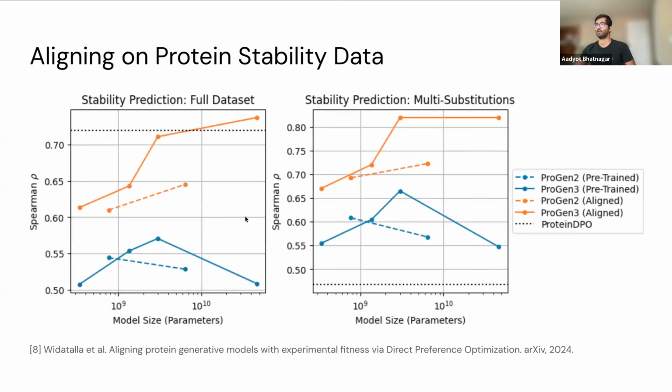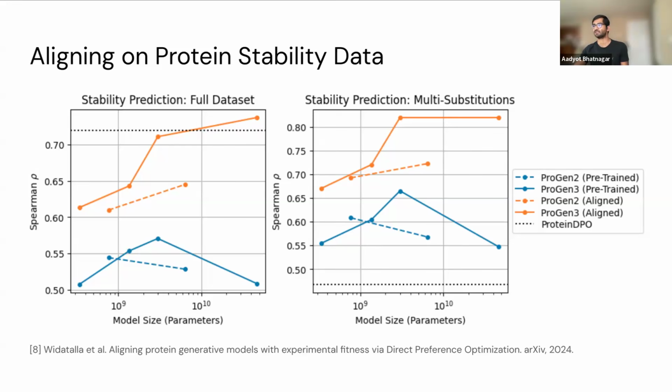And what we find here is that, and here we're comparing against protein DPO, which is a more specialized method, again based on an inverse folding model. In terms of stability prediction for the full data set, larger models do better. ProGen3 does better than ProGen2. And the largest ProGen3 model across the full data set outperforms this protein DPO baseline, which is really specialized for